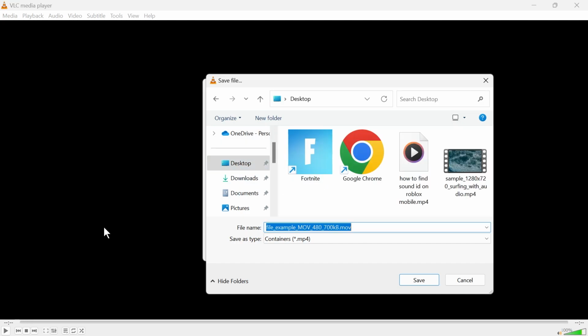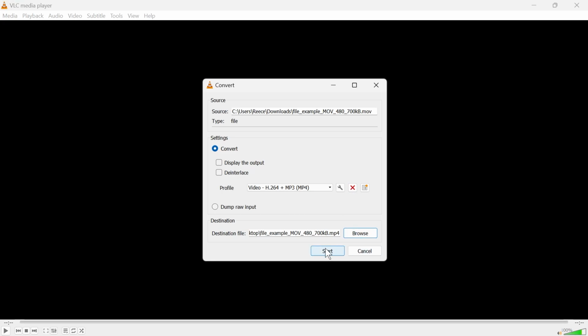You can give your file a name, but just make sure at the end of the file name you change this to the extension of .mp4. Make sure the file type is set to MP4 down here as well, and then you can go ahead and click save, and finally click the start button to convert your file. And just like that, we've now converted our MOV file to